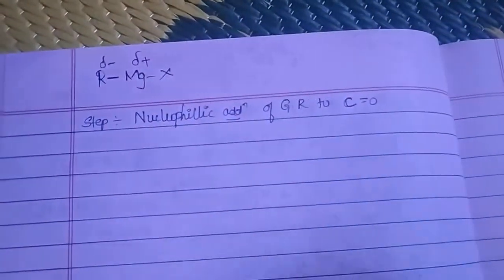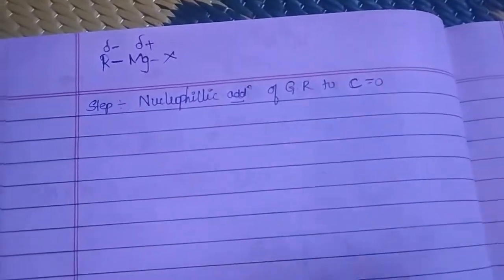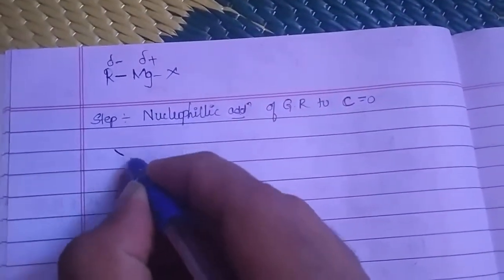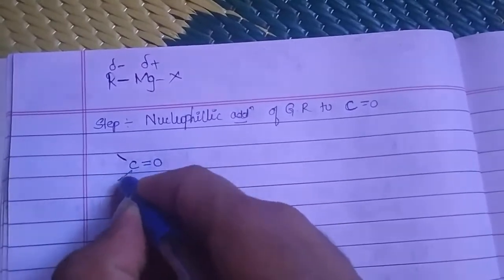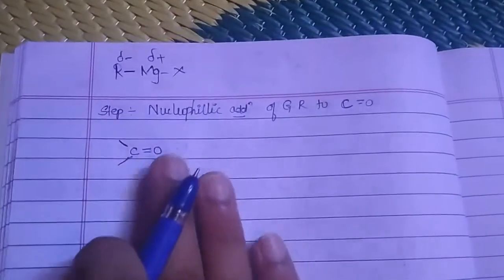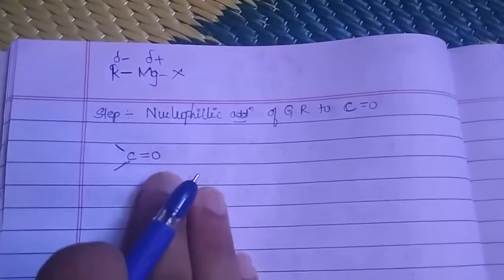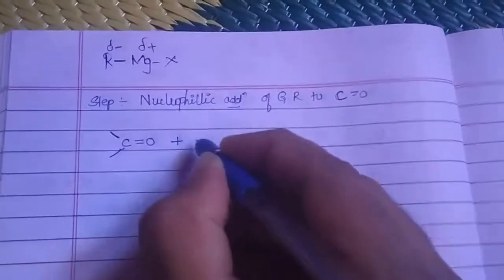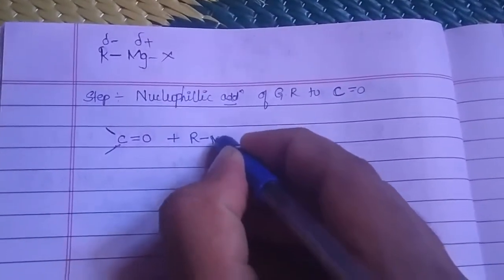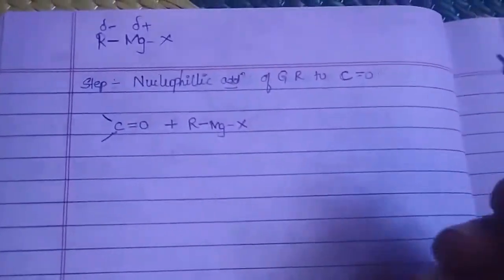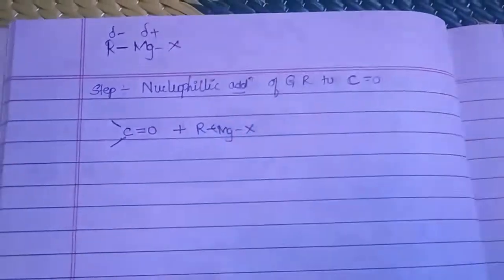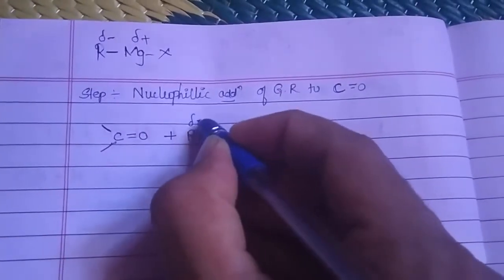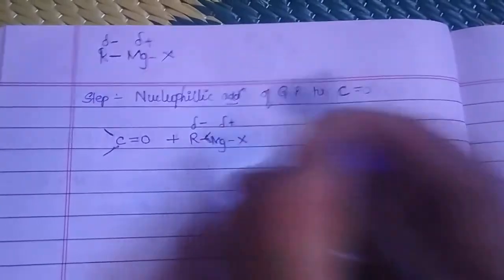First and foremost, let me give you certain reactions so that it would be easy. Whatever we have explained, you can just look over them. As I have said, I would be choosing my carbonyl compound, and I am writing it in this way. When it is treated with your RMgX, since Mg is giving its electrons to R, I have written my arrow from Mg to R. So R has a delta minus, Mg has a delta plus.